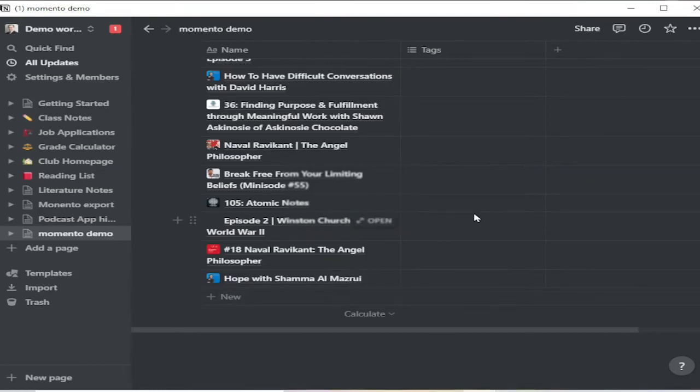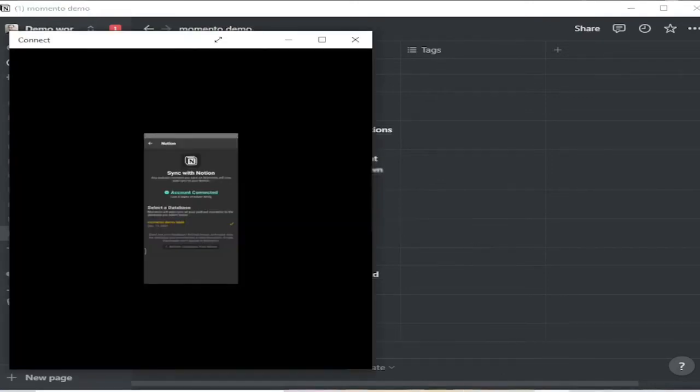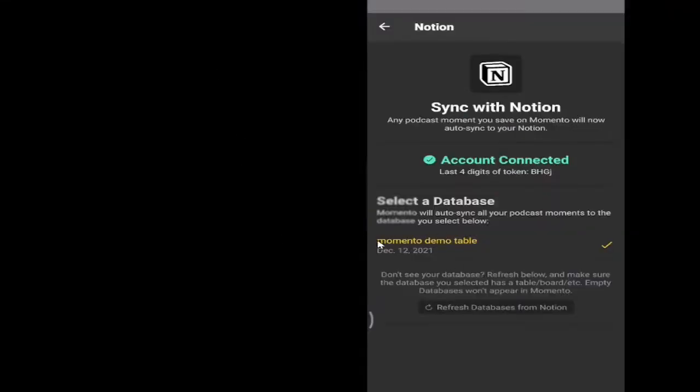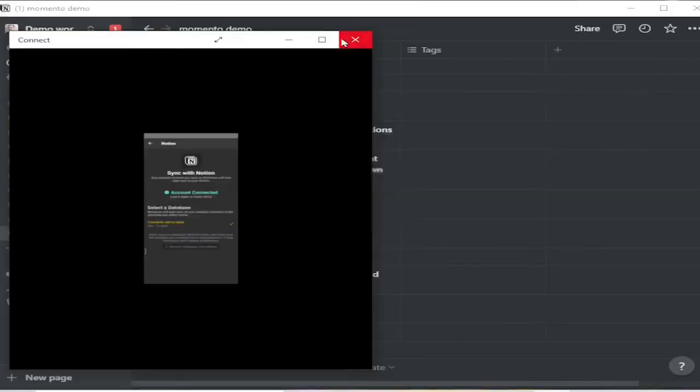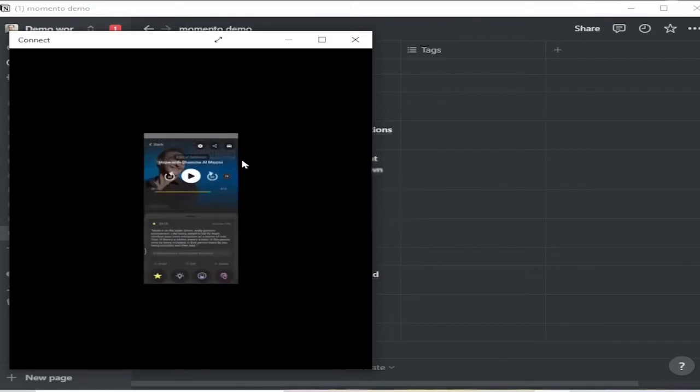But it doesn't mean that you have to click the name of the database every time. It will do it automatically. So let me show you, if you just go back and make another highlight, say from another moment,